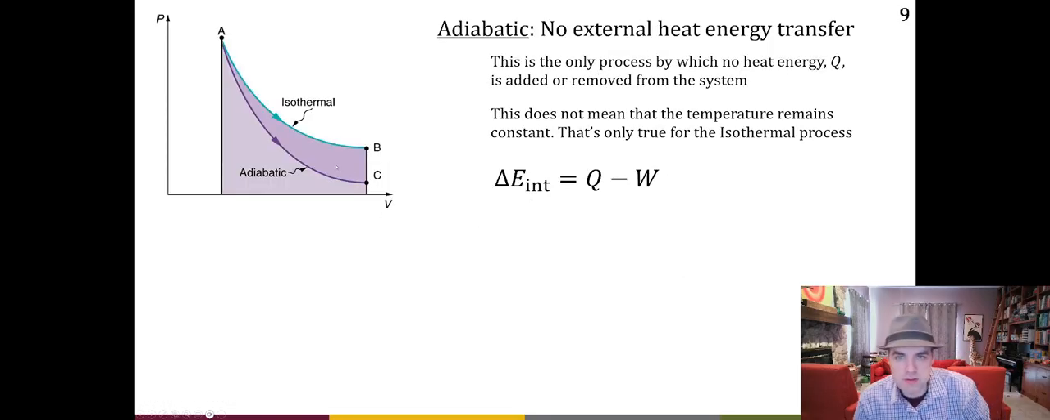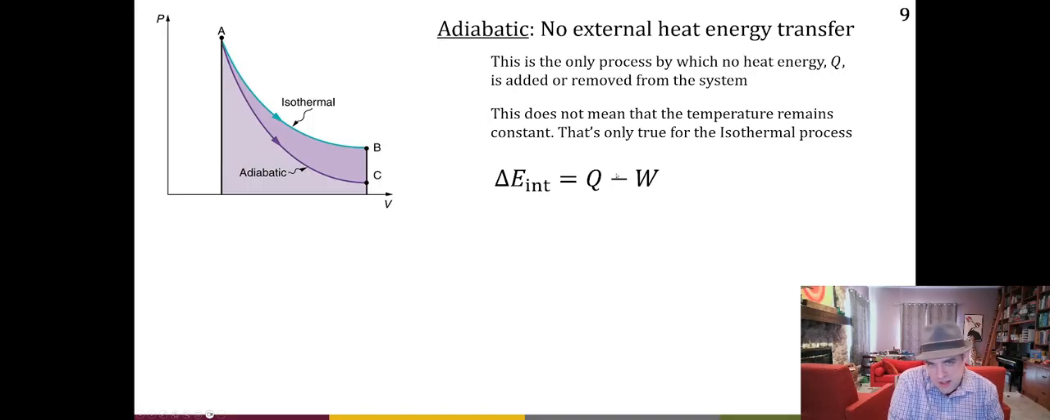All right, here's the other one that I was hinting at. Again, this is isothermal. That's this graph here from A to B. There's also another term, adiabatic, from this lower curve here. This is where no external heat energy is transferred. So that means that